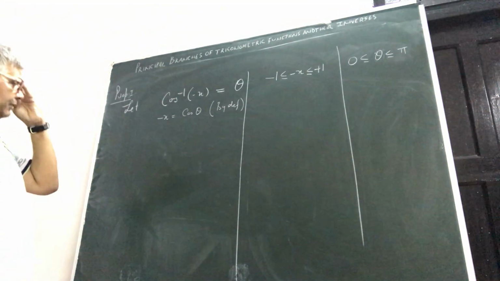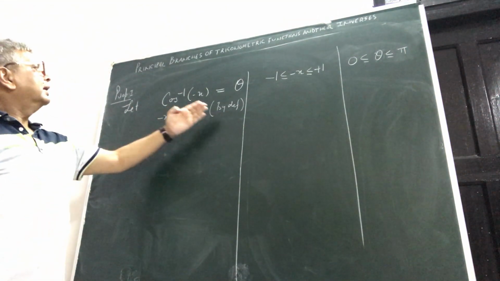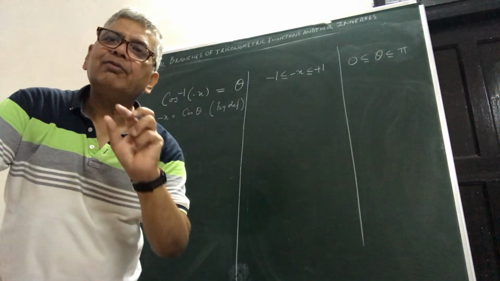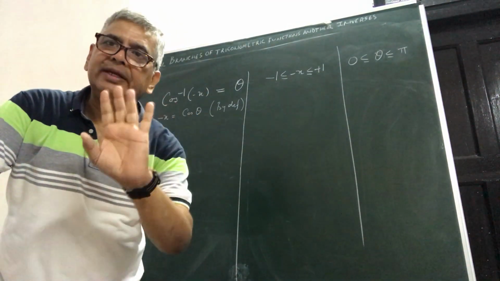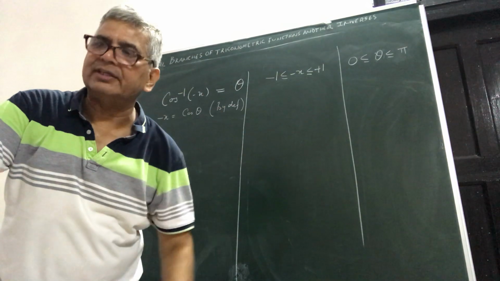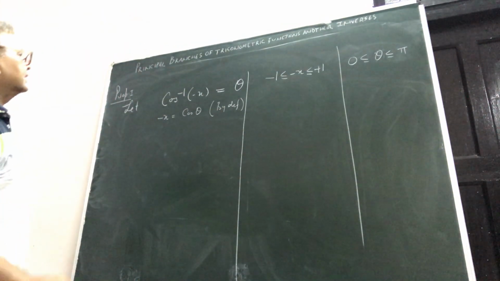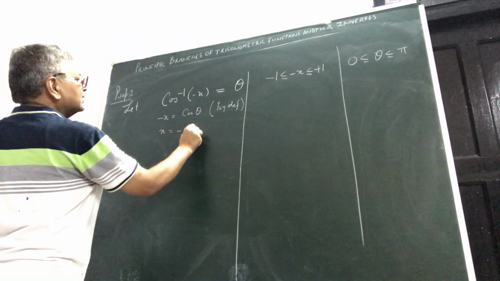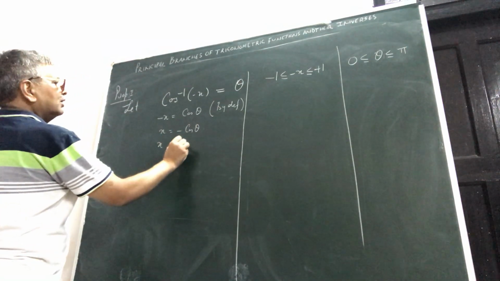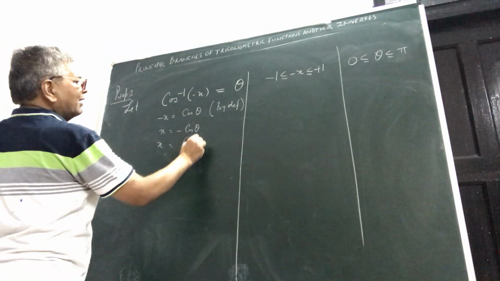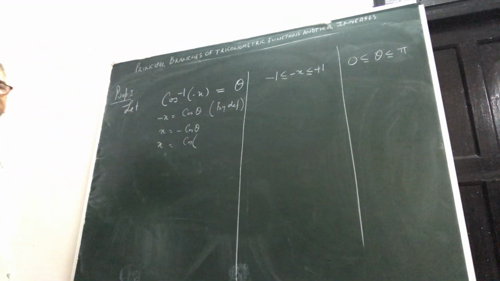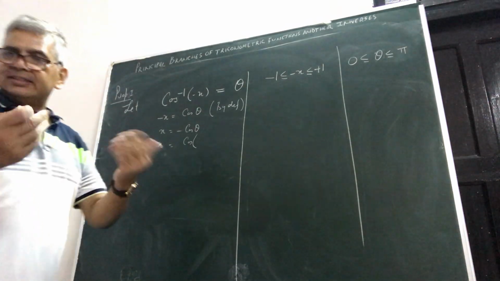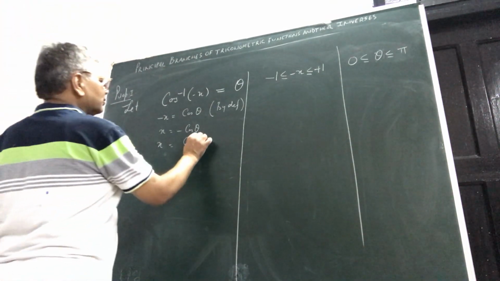So you are justified. Because by definition, if f inverse of x is equal to y, then y is equal to cos inverse x, both ways. This is how you define a function to be bijective. This is the justification. And then x will be equal to minus cos theta. Why I am writing pi minus theta, that you need to understand now. Minus cos theta, you could have written something else, but now I will show you why.